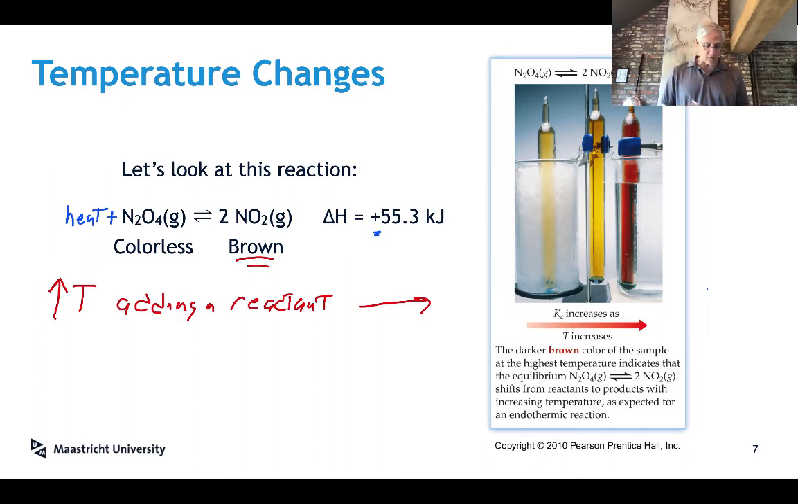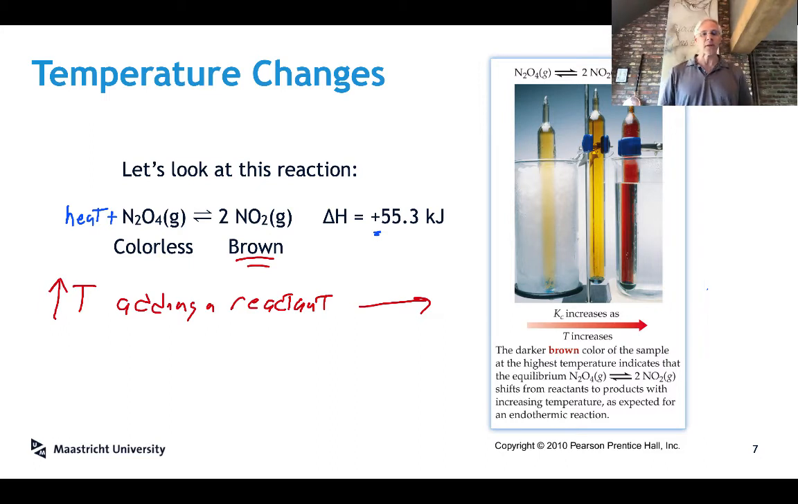And we see over here in our little diagram, these are sealed tubes of NO2. So it's in equilibrium with N2O4. And we've got room temperature here. We've got one in ice on the left, and we've got one in hot water on the right. Notice in the hot water, we have a much browner mixture because that reaction has shifted more towards the products